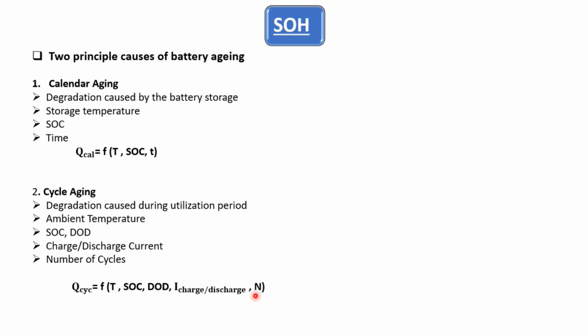So can I move ahead? What's the exact difference between these two, sir? The exact difference is that the chemical reaction will be slower in calendar aging, whereas in cycle aging the chemical reaction will be fast. This is the basic difference, because you are trying to charge and discharge, so it is a rapid action. Whereas in calendar aging, you are not charging, or it is having a self-discharge at a specific rate.